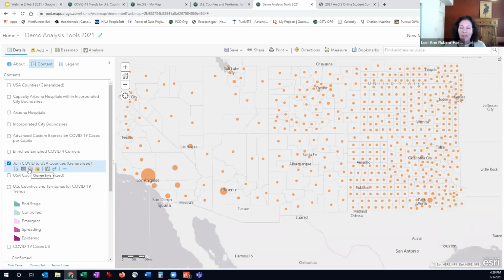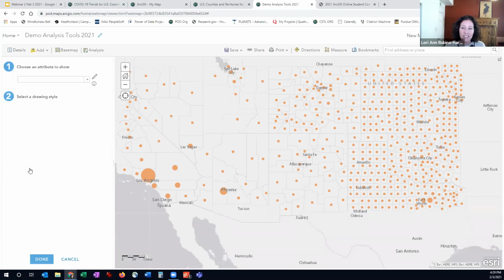So coming back to here, it came in as point data, and I don't want point data. So if I click this change style button,